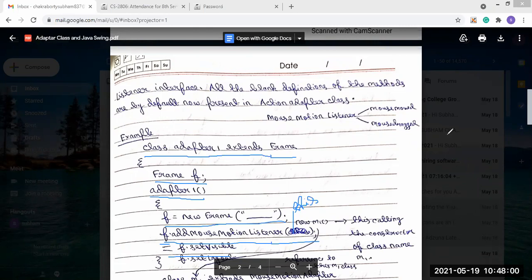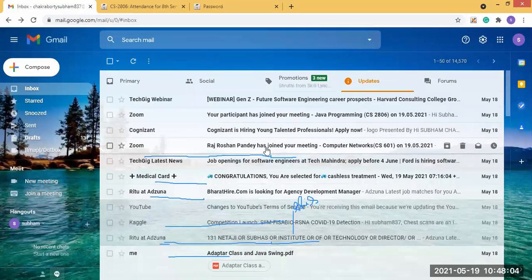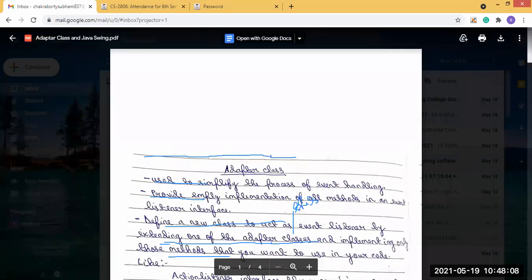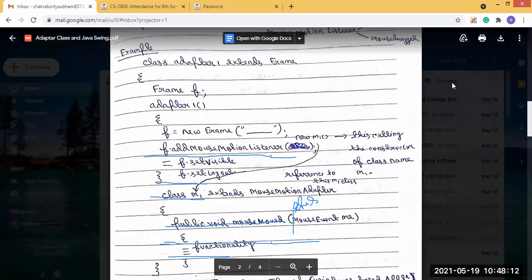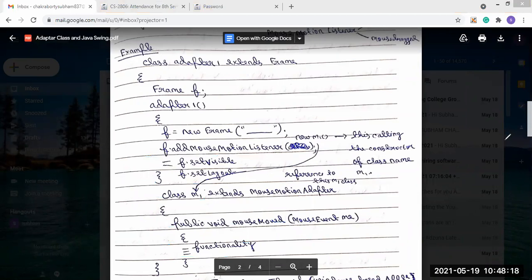Now our main thing starts, that we are extending it. You see that the class M1 extends mouse motion adapter.